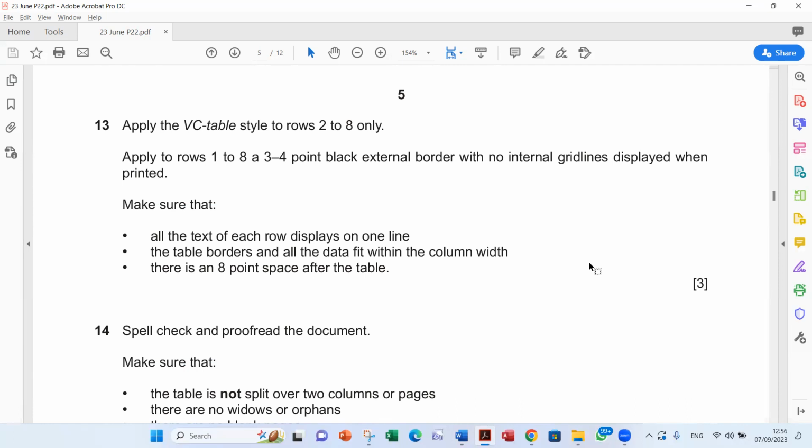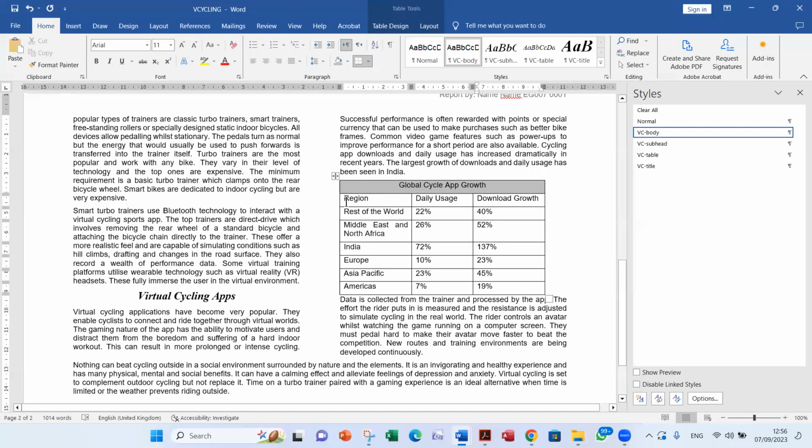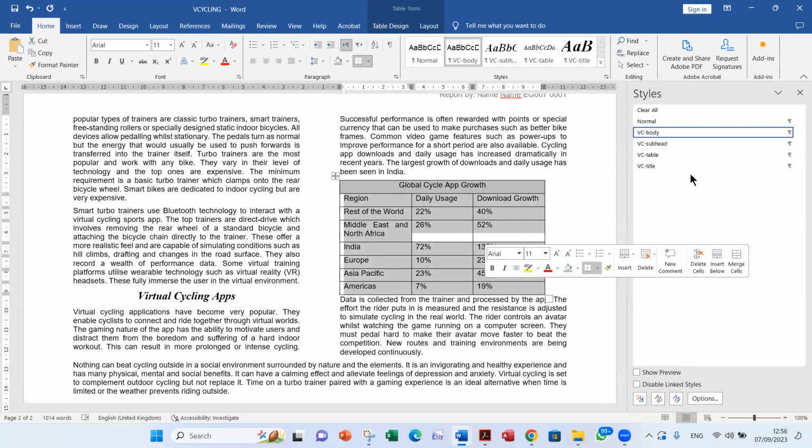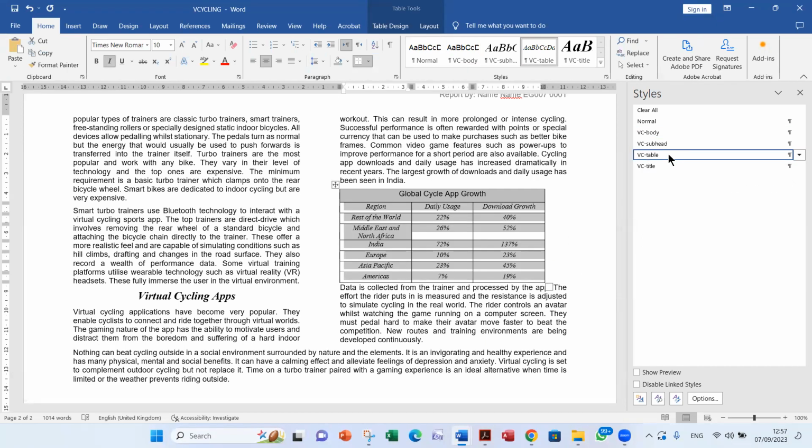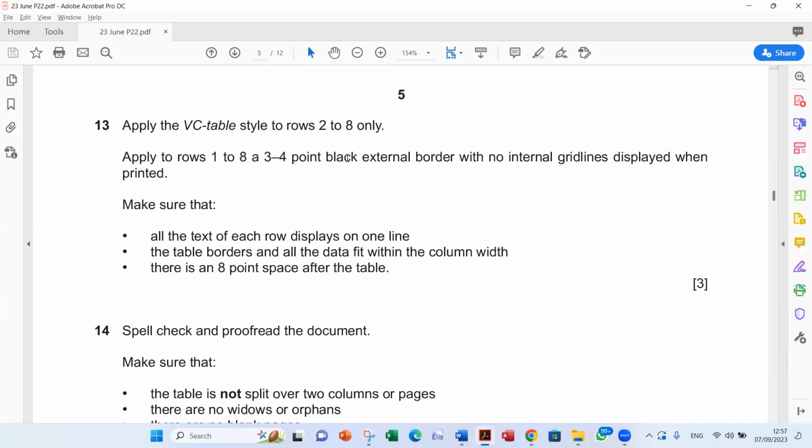Apply the VC table style to rows 2 to 8 only. Highlight rows 2 to 8 and apply to them VC table. Okay. Apply row 1 to 8 a 3 to 4 point black external border with no internal grid line